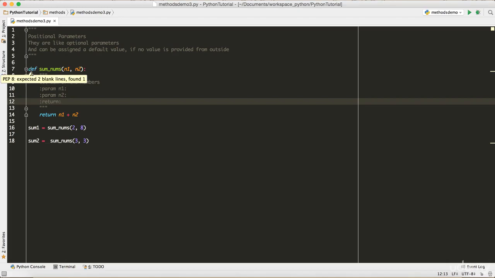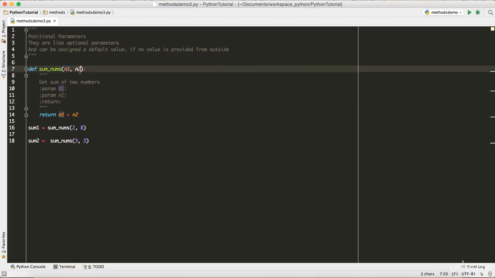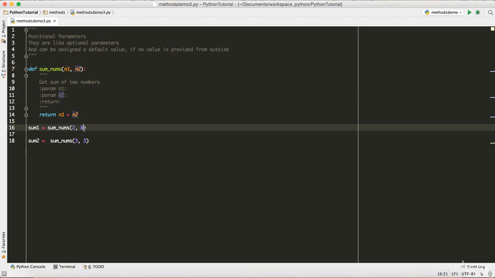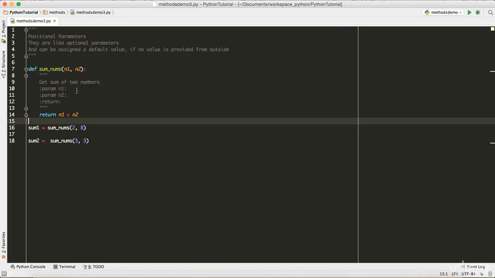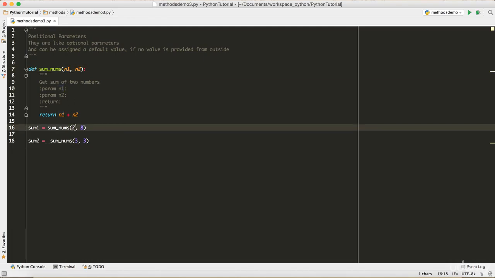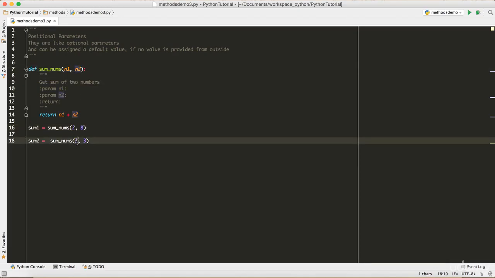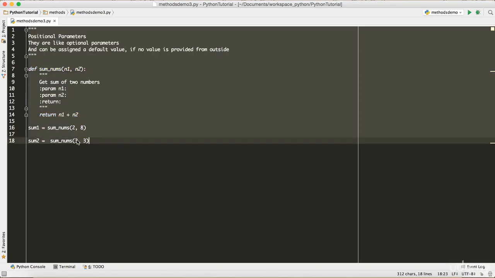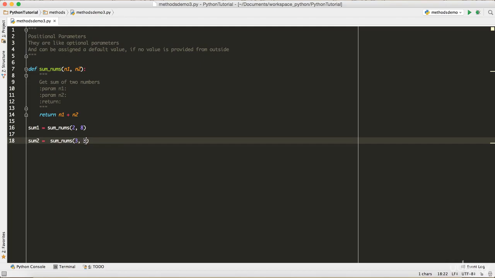So we defined a method, we passed in two arguments, and then we utilized the method. We called it from outside with these arguments, right? This method is going to have two arguments and that's what we're passing. In this one we talked about how the position is important. So n1 is going to have the first one, right? The 2 is going to go to n1 and 8 is going to go to n2, and in this call, both are 3, so it doesn't matter, but still the first 3 is going to go to n1 and the second 3 is going to go to n2. The position is important in these kinds of things, right?